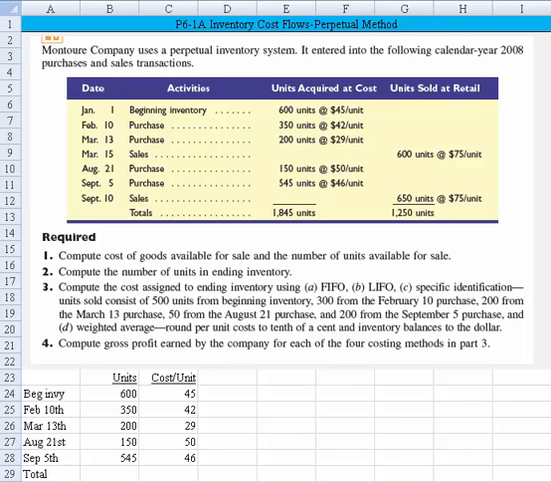Hi everyone. Let's take a look at problem 6-1A, where we're going to take a look at inventory cost flows, and the company uses the perpetual method. Okay, first let's tackle the first requirement, which is compute cost of goods available for sale and the number of